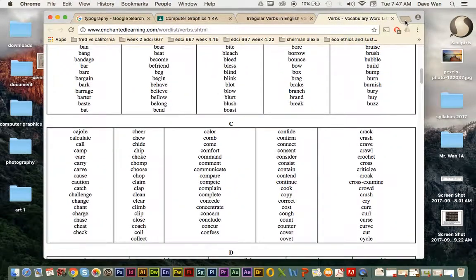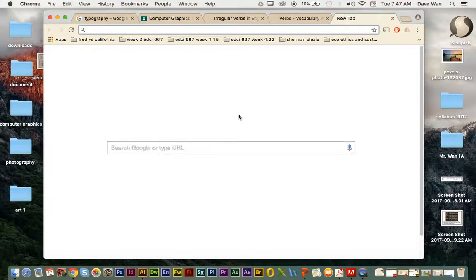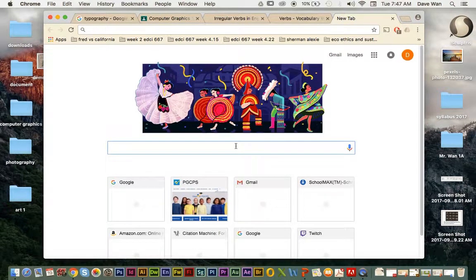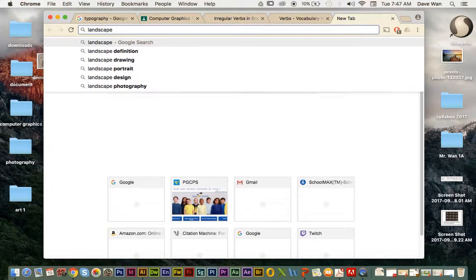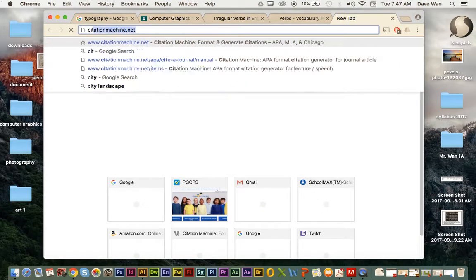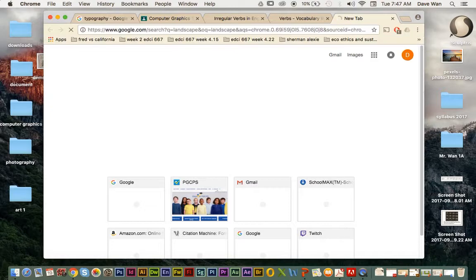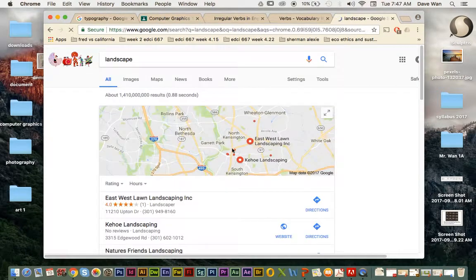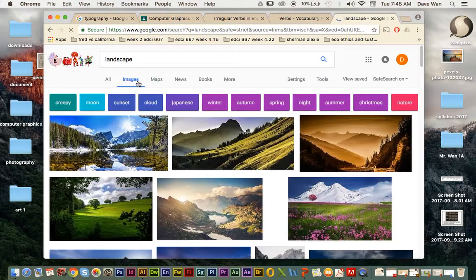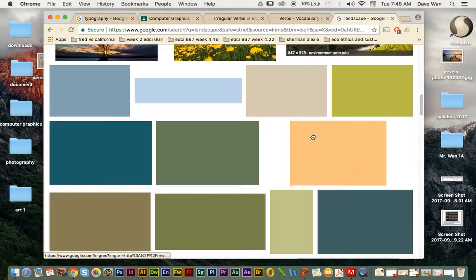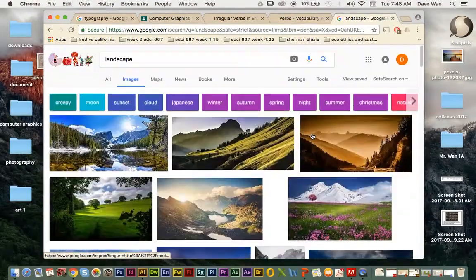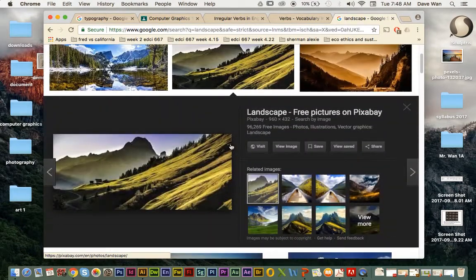onto Google, and once you get onto Google, you can look up either landscape or you could do cityscape too. So I'm just going to do a landscape just because it's easier to find. So once you type landscape on Google, you're going to click on image, and you're just going to look for a landscape. Just a couple of things to be mindful of is once some of these images that you click,